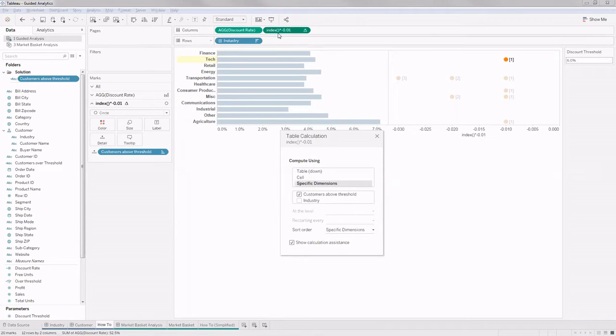And we arrange the scope of this index function to be calculated for the customers who are exceeding the threshold value. So if a particular industry has 10 customers who are exceeding the given threshold, this index value holds 10 serial numbers, 1, 2, 3, 4, 5, 6, 7, 8, 9, 10. All those 10 calculation points will be floated out by this index value, since it's calculated at this level.